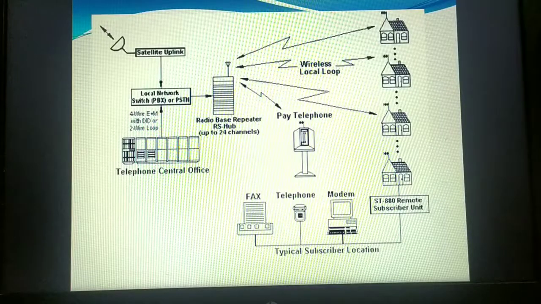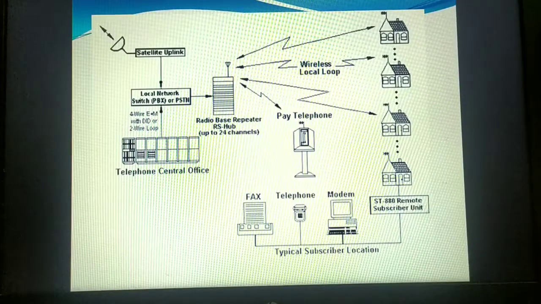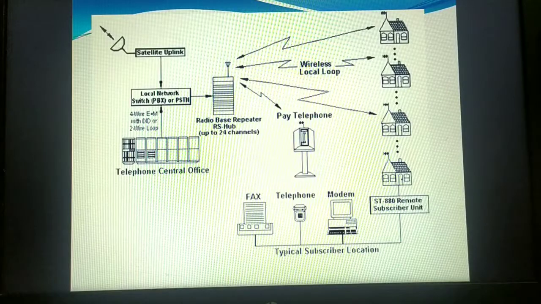We cannot establish 10,000 cables right from the switching center and the antennas to each user. It's difficult to lay the cables all the way to their homes. It's highly difficult. So in that case, we use the wireless local loop. In short, we can also call it WLL.